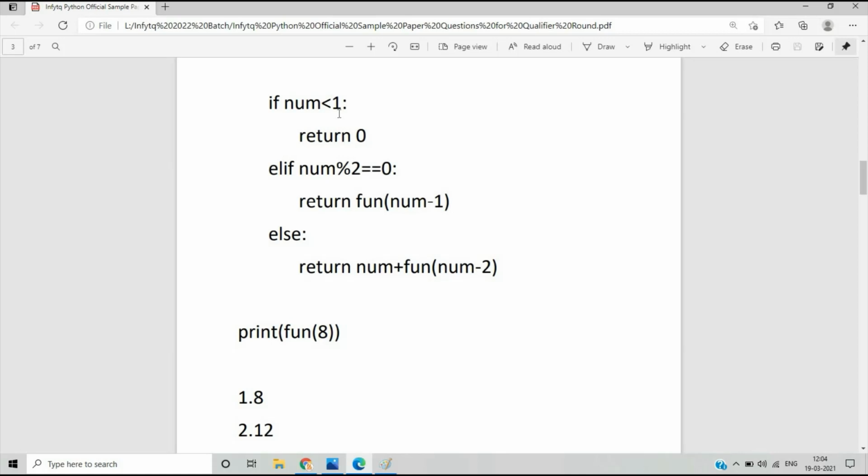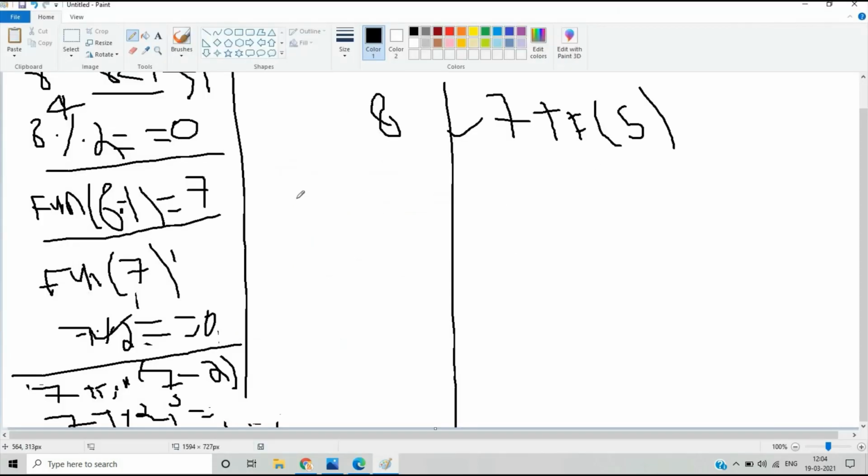Is 5 less than 1? This condition is false, so it will go to the elif condition. 5 % 2 == 0 is also false. Then it will go to the else part, return num. What is the current value of num? The current value of num is 5, and function(num minus 2). The num value is 5, so 5 minus 2 is equal to 3. So what is the value? 5 plus